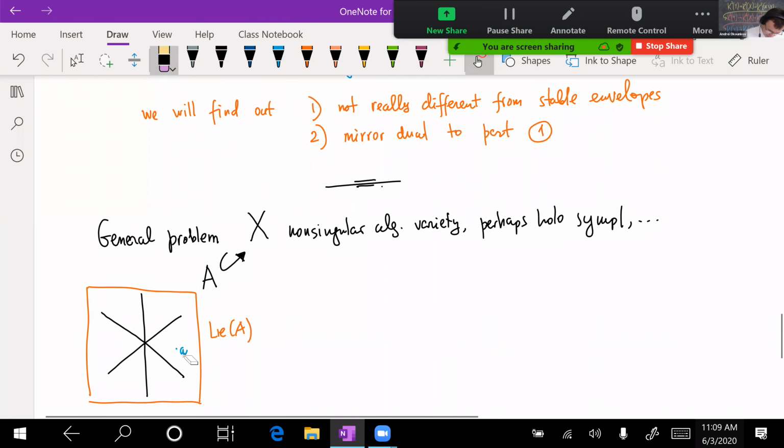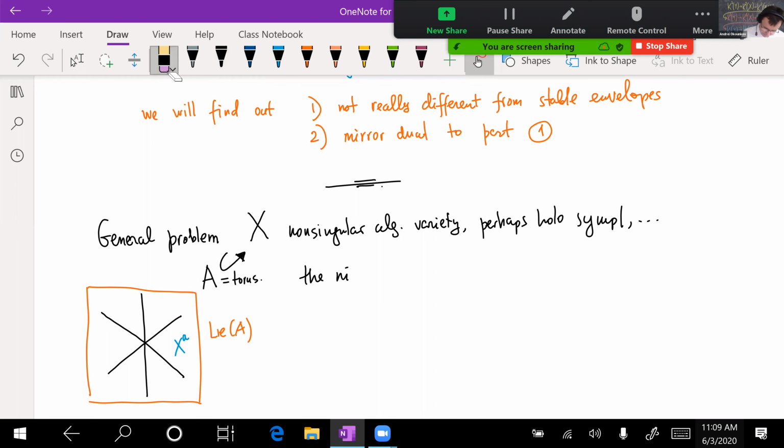If I have a point little a here, I can at that point consider the fixed locus by A, and then it jumps. So let's say A is a torus, right? And we would like